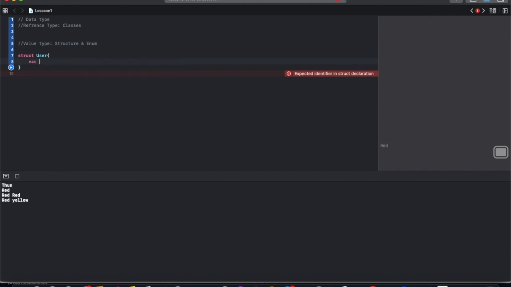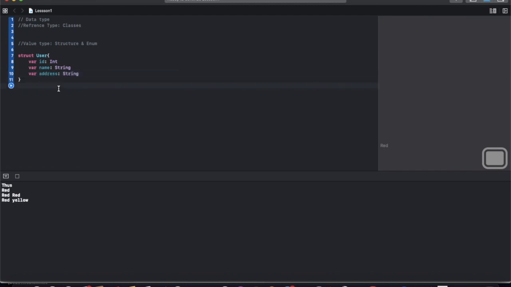It does not have any cases; it can be anything. So we can create a variable id of type int. The user can have a name, a string, and an address, a string.